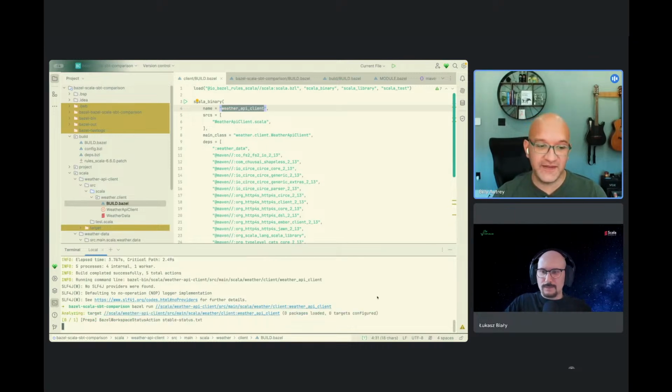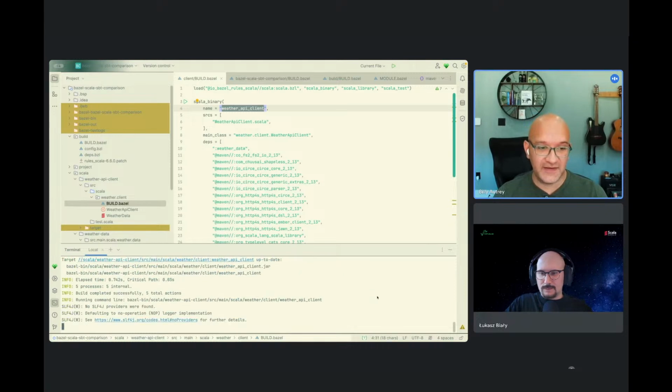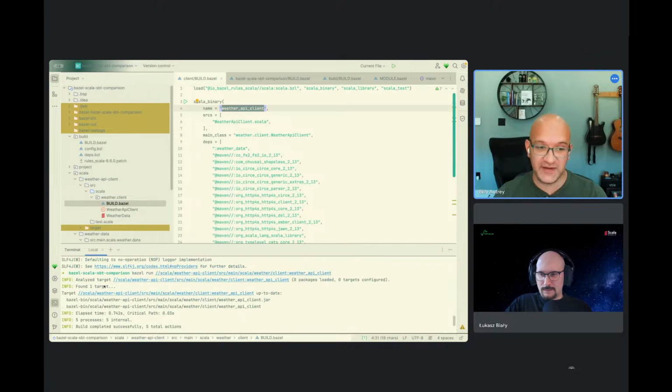So I'm going to run this, and it compiled, and you can see that it only compiled a few things. Normally, if you're running Bazel from the start, it has to go and do everything that's in the workspace. It has to make sure that the Maven dependencies are there. It has to download them, and make sure that everything matches what you've got in your lock files.